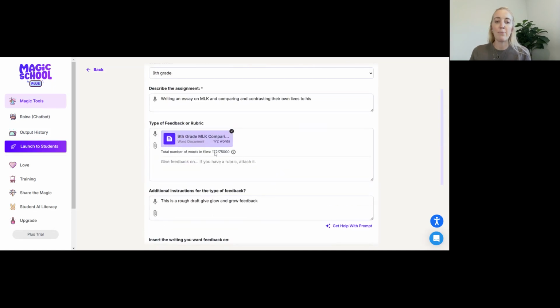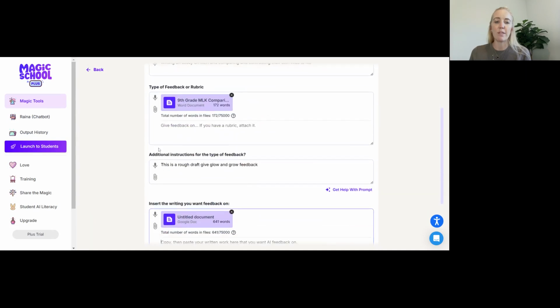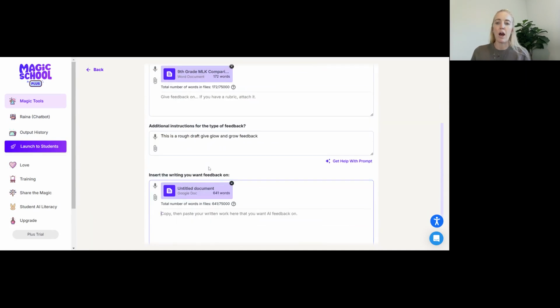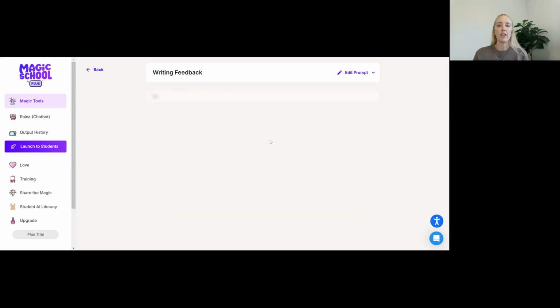So now I've uploaded my rubric that I made with Magic School, which is a really awesome tool. Then I've put my grade level, described the assignment. I can put more information. Obviously with AI, the key to good feedback is always the more we can write, the better. You can also just copy and paste. So if students turn in rough drafts on Canvas or whatever, and run it through here, click generate, and here